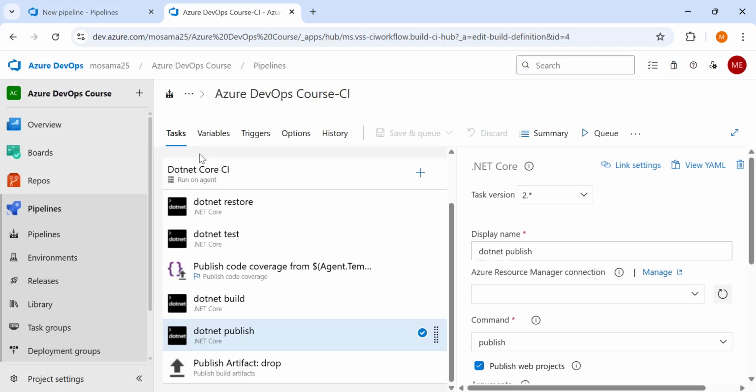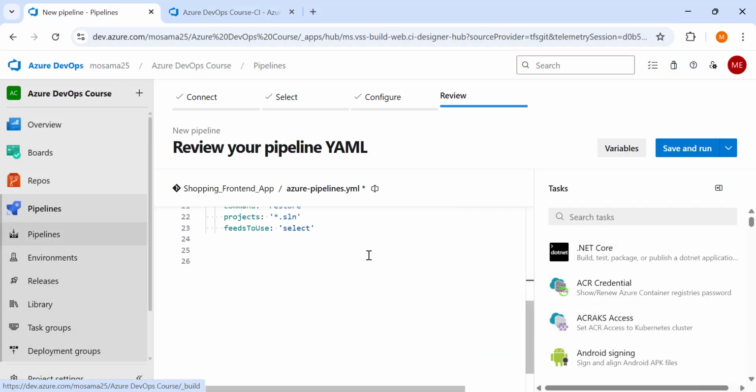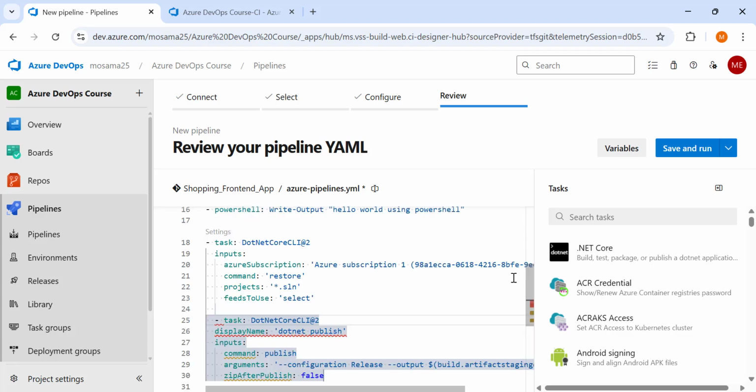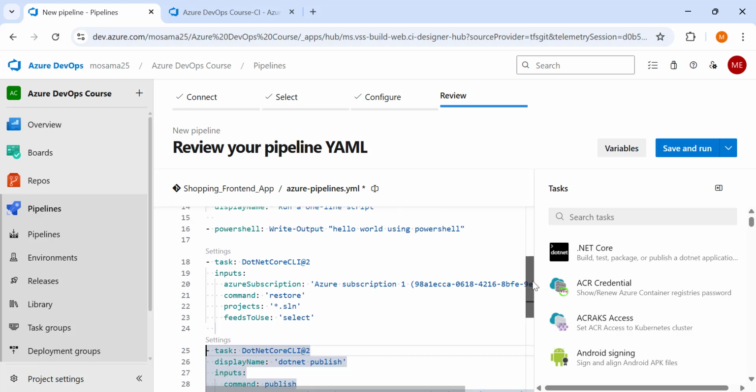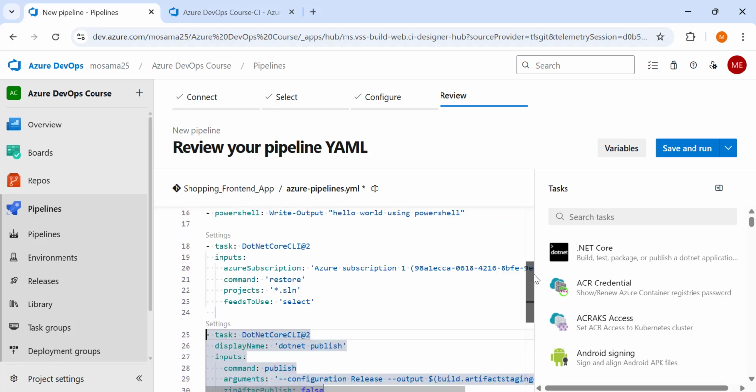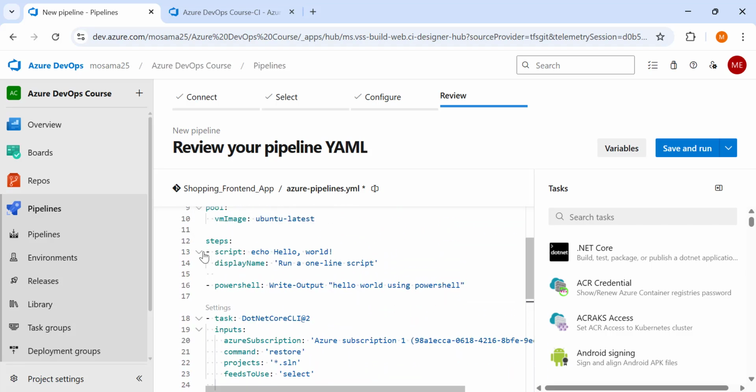We can copy it and then paste it here. And please make sure the indentation is correct, because the indentation is very important in YAML format. You should take care when dealing with the indentation. Each step in Azure is written in a list format, so we must start with this dash.